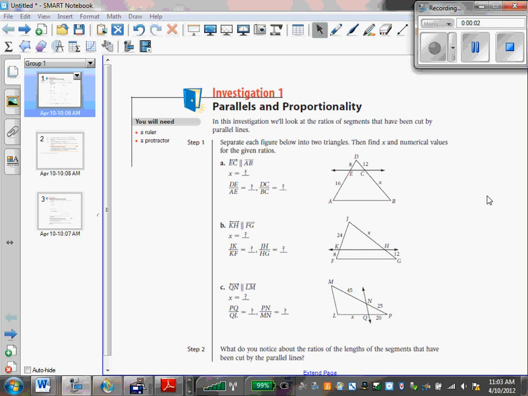Okay, class, this is section 11.7. We are going to look at how parallel lines and triangles make them proportional, or what proportionals they make. So if you look here at this investigation, this is what we are going to make, these triangles with parallel lines in them. We're actually going to come back to this, and we're going to go into Sketchpad